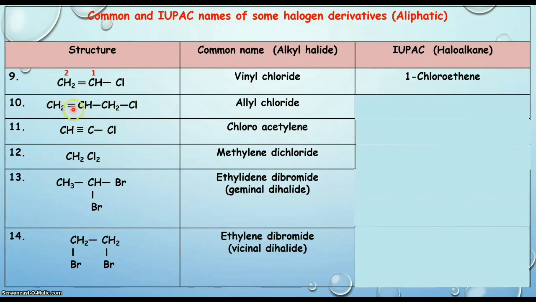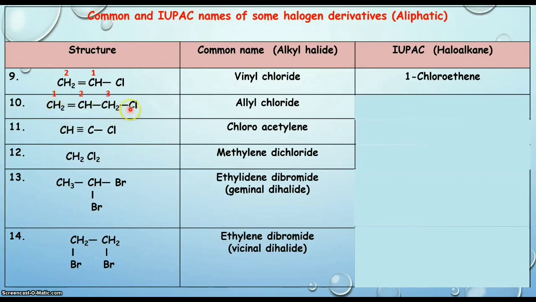Now in this example, chlorine is bonded to this carbon atom as well as a double bond is present after this carbon atom. So from which side can we give numbering? Either from the right hand side or from the left hand side. For that we have to consider the priority order of functional groups. In this priority order, the double bond has priority because it is considered a functional group, while halogen, that means chlorine, acts as a substituent. Therefore, the numbering will start from the left hand side.